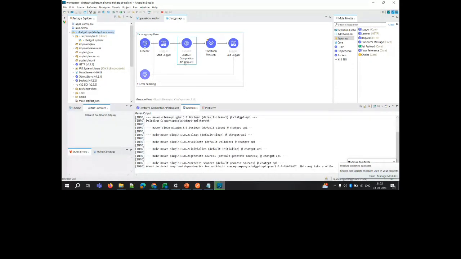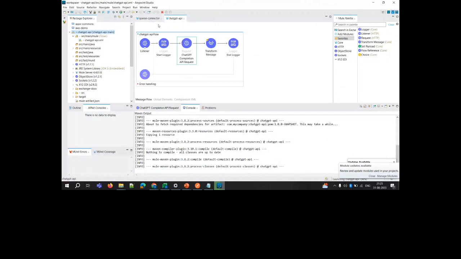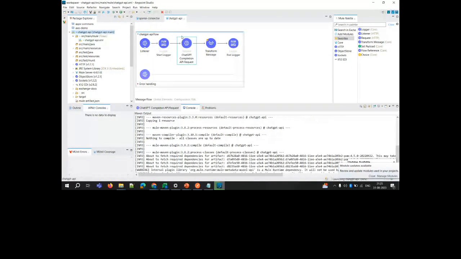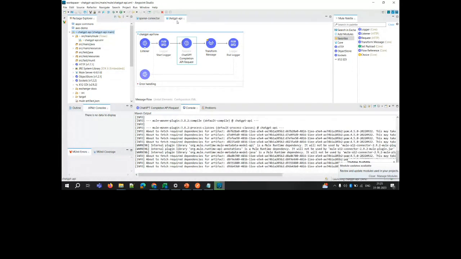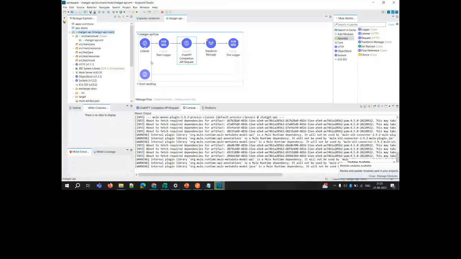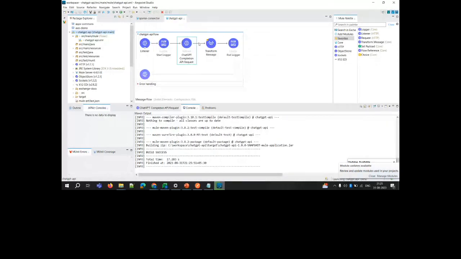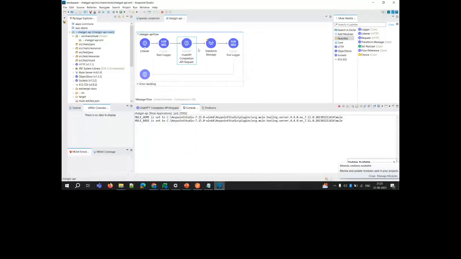So after this, I will quickly go to the connector, just review, and then I will show you a use case which I have developed using the ChatGPT API. As you can see, this is just a simple request we are doing. This is because we are just teaching you a fundamental,